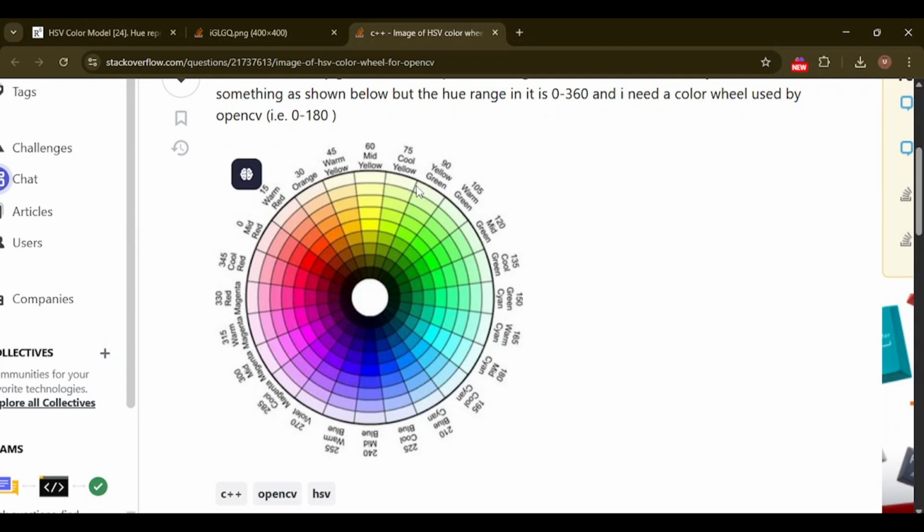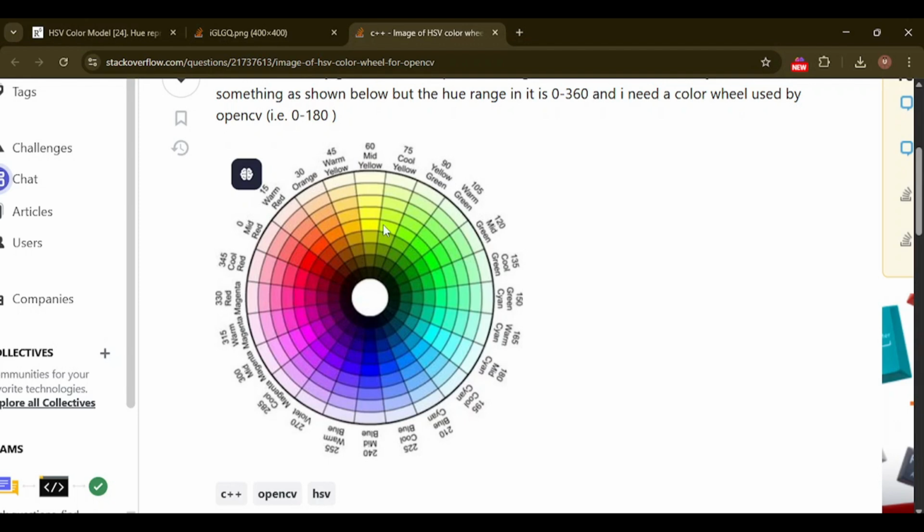I have to tell two intervals to my program, and tell it that any hue channel value that lies between this interval is to be considered as a yellow color. Or for example, if I'm trying to detect a red color, I'm going to tell my program that any pixel value that lies between these two interval values is to be considered as a red object. You have to detect that object. So this is what we are going to do.